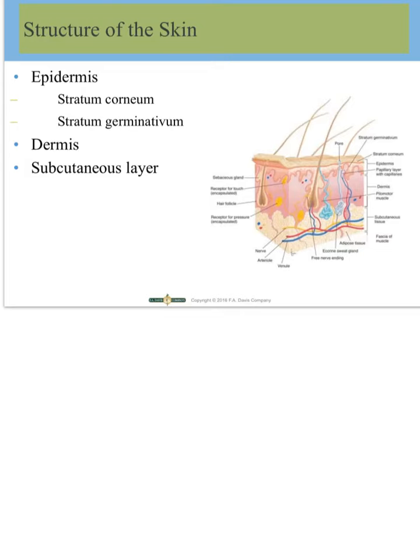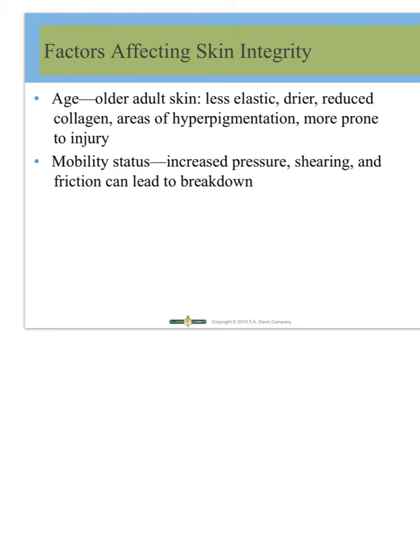The dermis is that layer of skin that contains blood vessels, lymph vessels, hair follicles, and glands that produce sweat and sebum. And then, of course, the subcutaneous layer is the inner fat layer. Age affects the condition and structure of the skin. Infants and young children, as well as older adult skin, is thinner, more permeable than that of adults, which predisposes infants to skin breakdown. Patients are at risk for developing pressure ulcers,